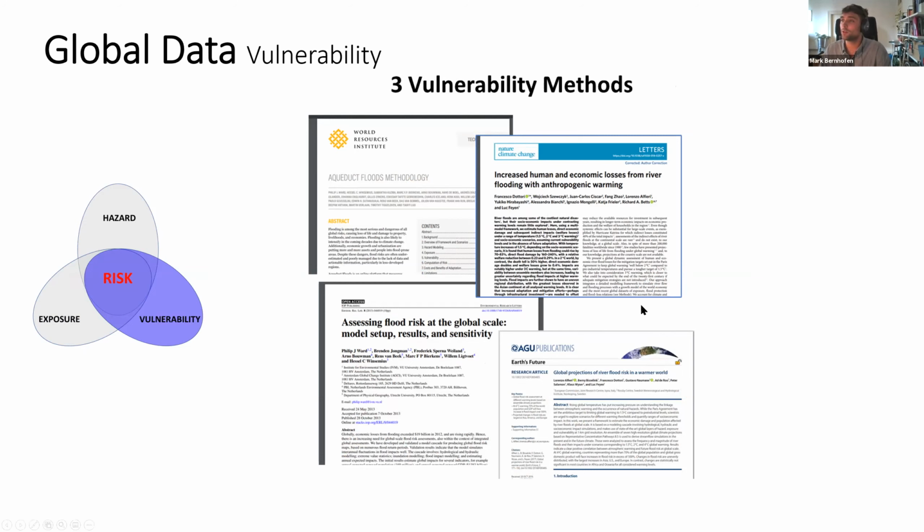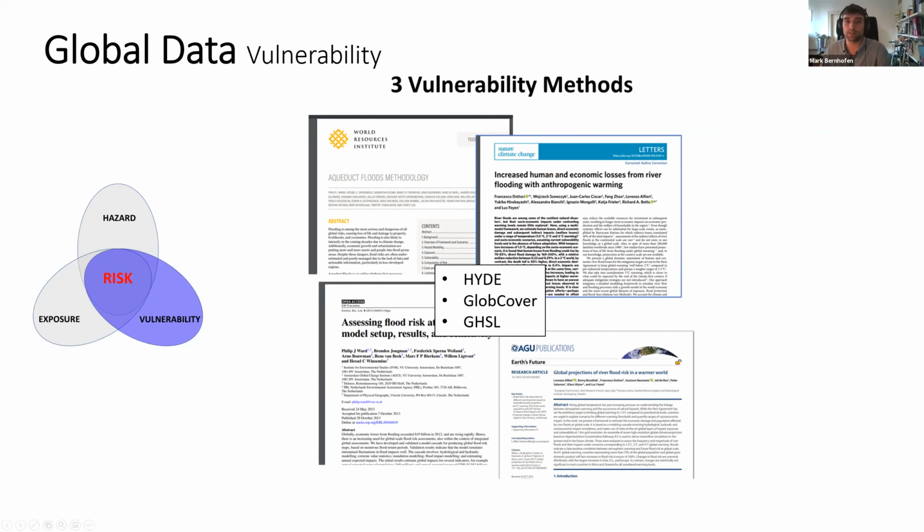And these have been used in the study shown here on the slide. Each of these approaches uses some form of depth damage curve and a land use map to convert flood depth into economic damages. So we're looking only at direct economic damages. And these are the 3 approaches listed here. We named them after the land cover map that's used within each approach. But I'll explain a bit more about that later in the presentation.